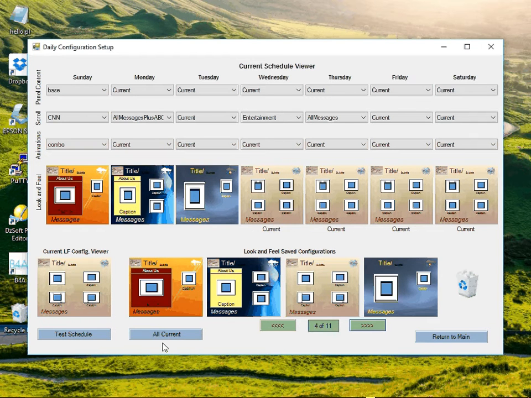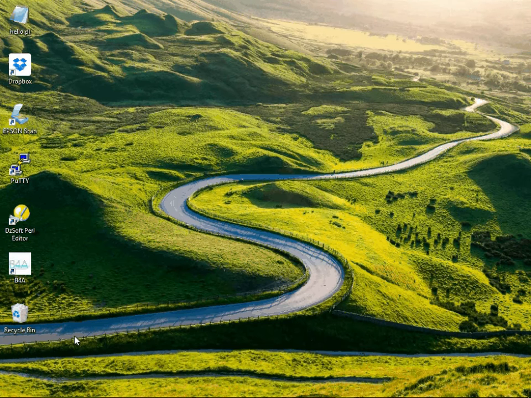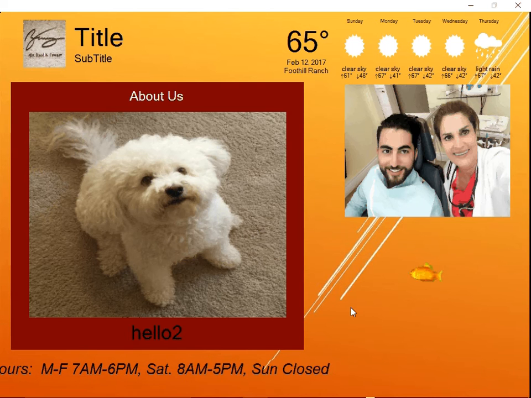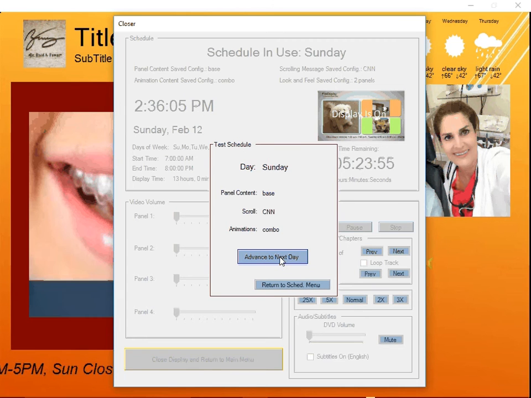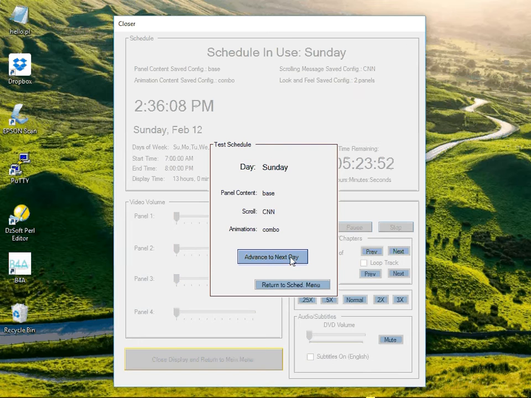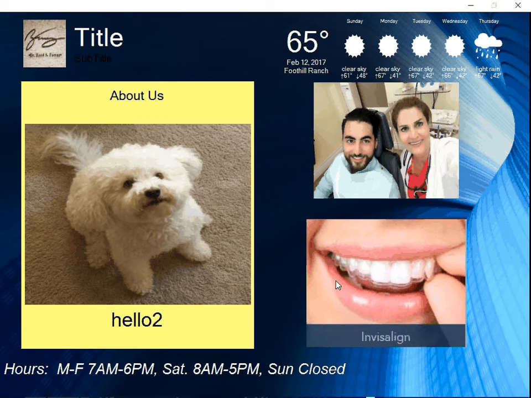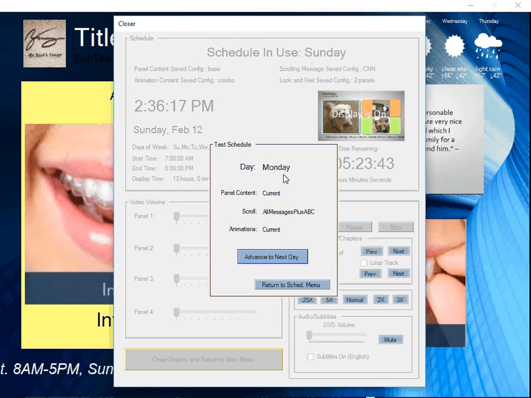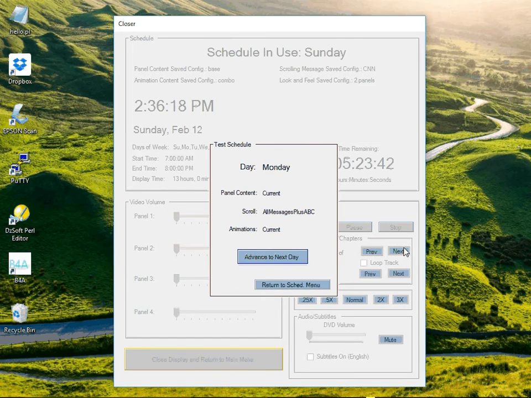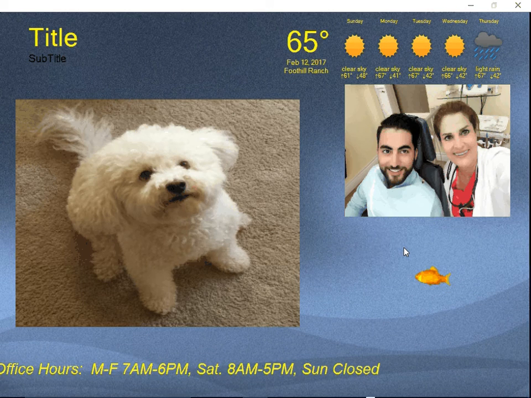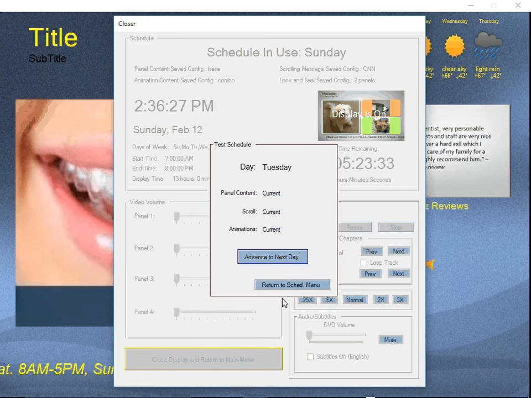Okay, and I want to actually look at the configuration. So you can hit this button called Test Schedule, and it will actually walk you through the different days of the week. So I finished, that's what Sunday will look like, and I advance to the next day. And you can see that this is Monday's here. And I advance to the next day, and it will show you what Tuesday will look like. And so this allows you to see